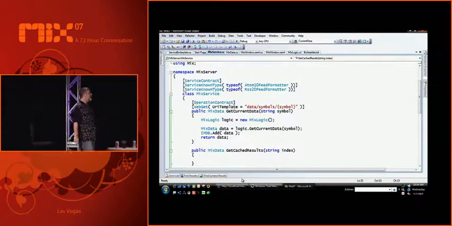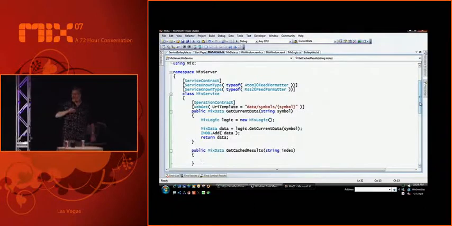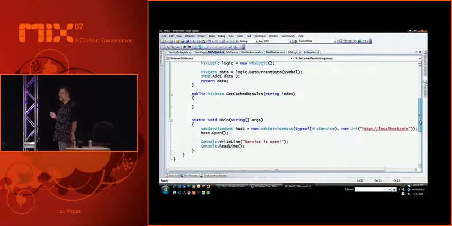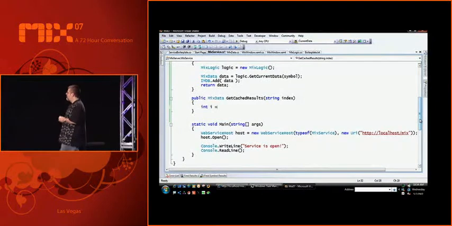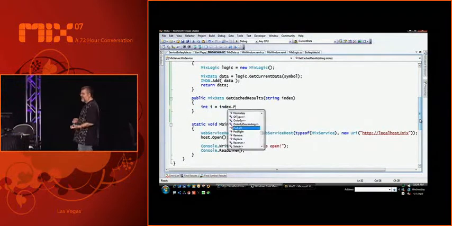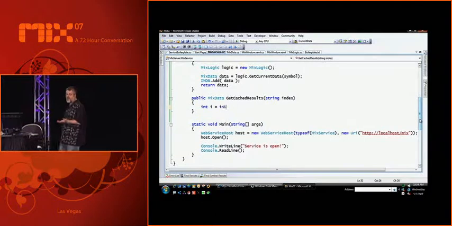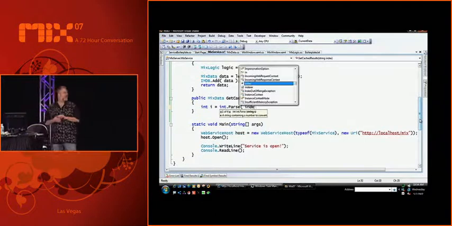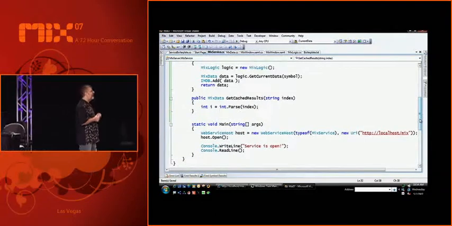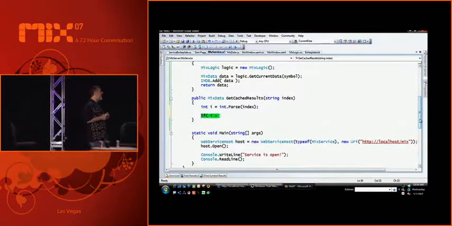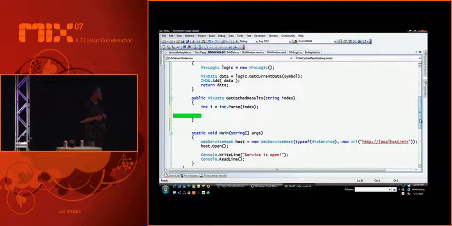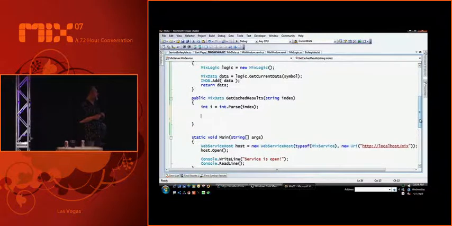So the next thing we're going to do is give you the ability to point to specific cache entries. Right? Going back to this whole URI space management, we'd like to be able to put the results of our cache accessible to the URI getters of the world. So what we're going to do is write a second method called getCachedResult. And we're going to take an index, and we will then go get the results of the cache.